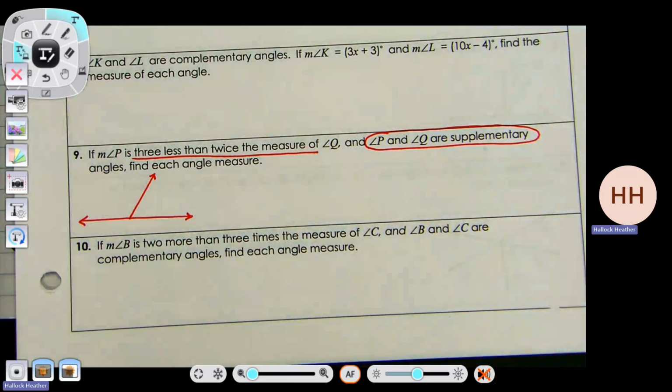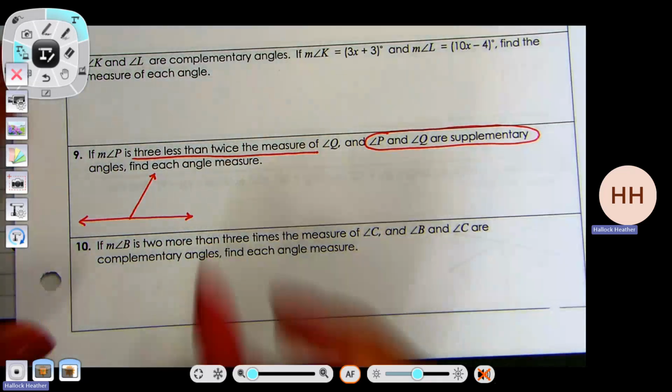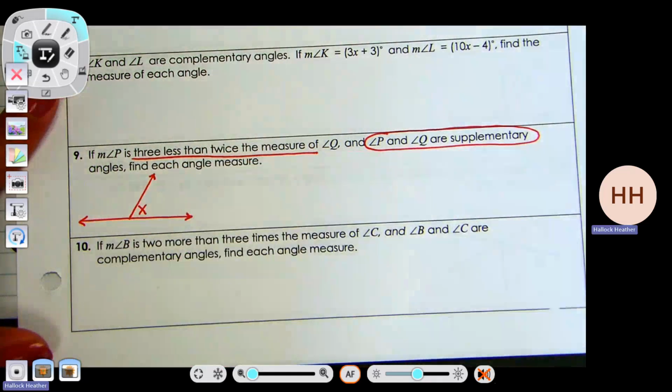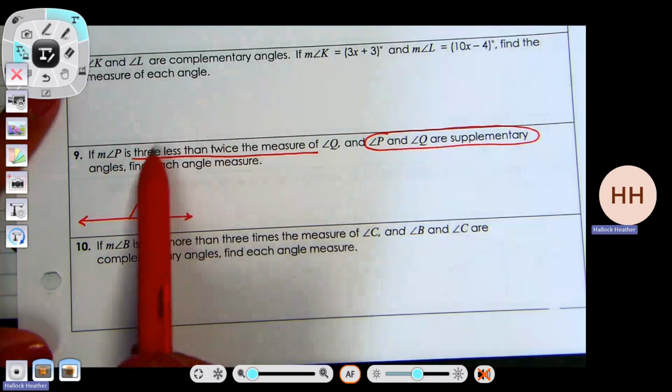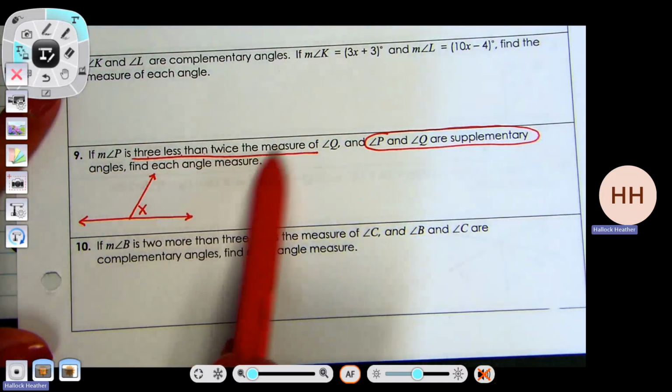When you have a word problem like this, which is on your test, you need to call the first angle. And it doesn't even matter which one's the first one. One of them is always just going to be X. So I'm going to put a little X right here. Now, if I was going to write 3 less than twice the measure,